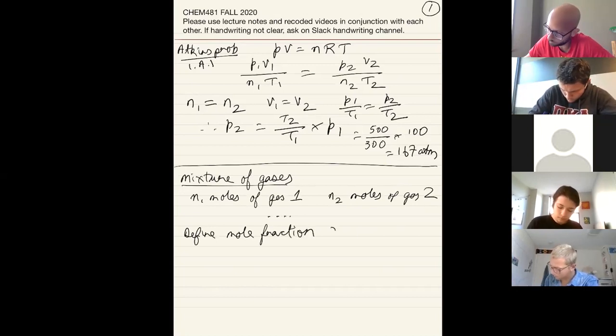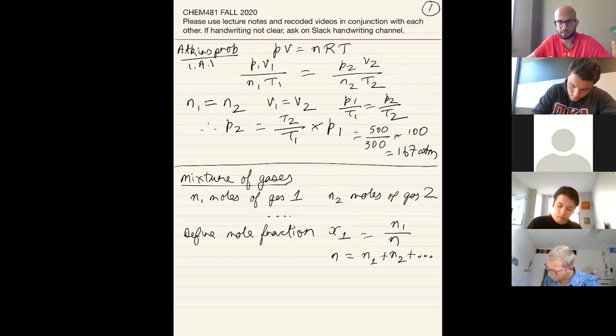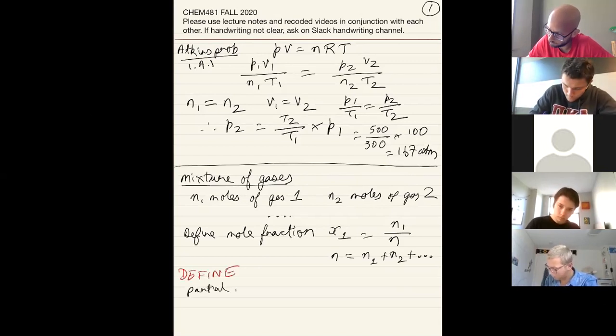Mole fraction x1 will be n1 by n, where n is equal to n1 plus n2 plus howsoever many gases we have, right? So this is the mole fraction. You can define it for x2, for x3, and things like that. So this way, we will define the partial pressure as